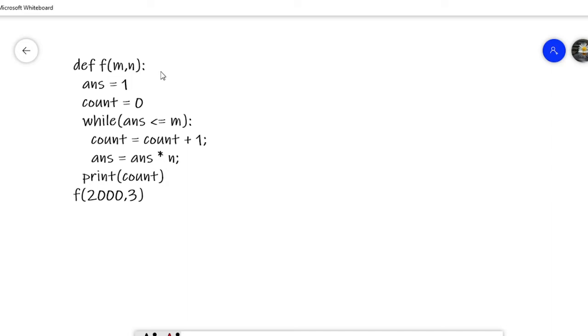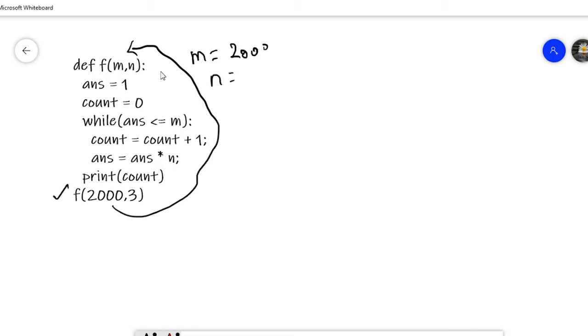So here we call the function f(2000, 3). So we are passing this value to the function f(m, n), which means m value is 2000, then n value is 3. Then within the function we have two variables, s equal to 1, count equals 0, then while loop s <= m, which means 1 <= 2000. This condition is true,